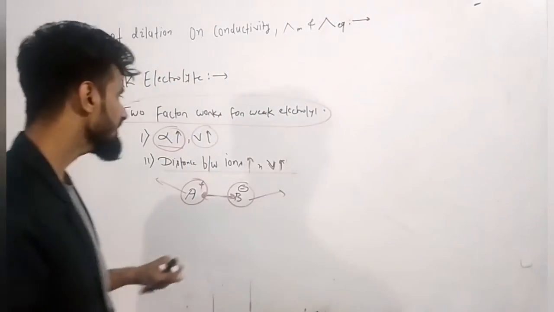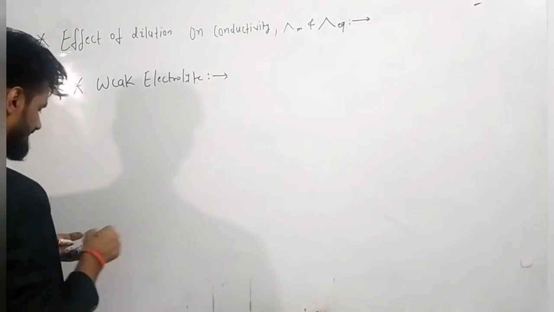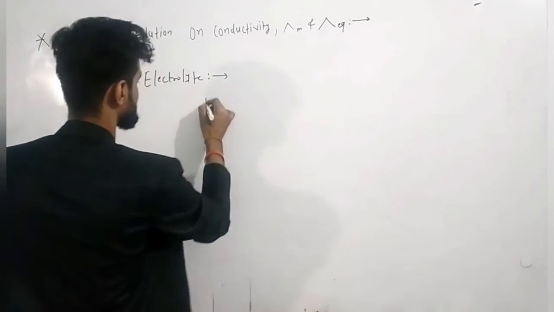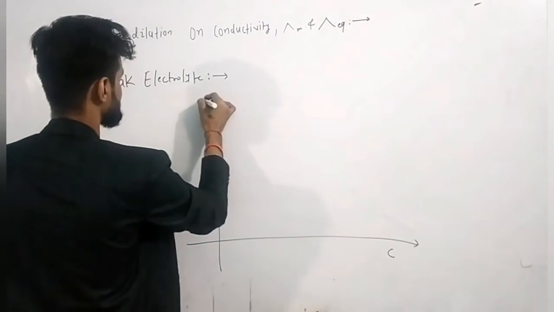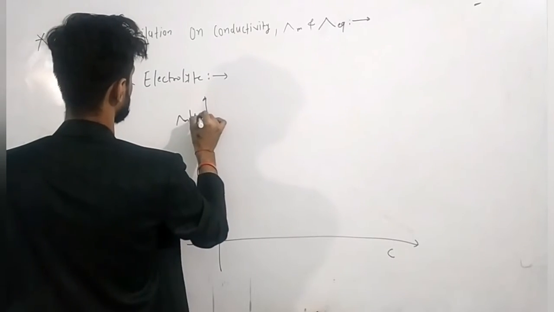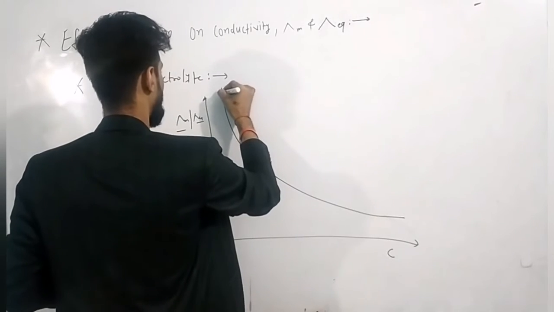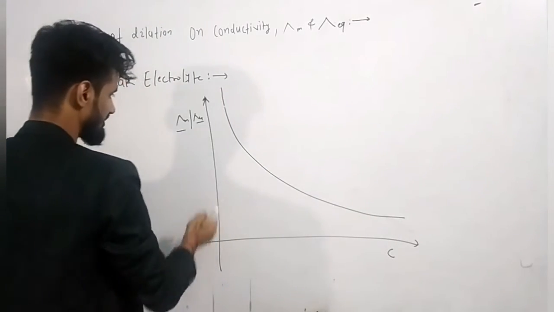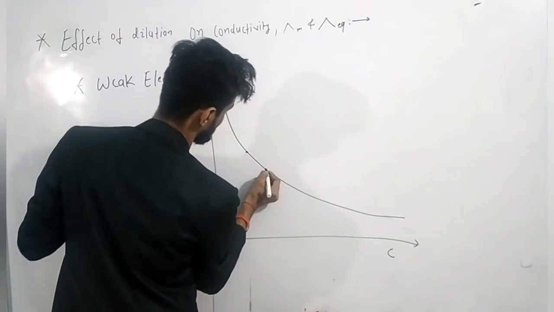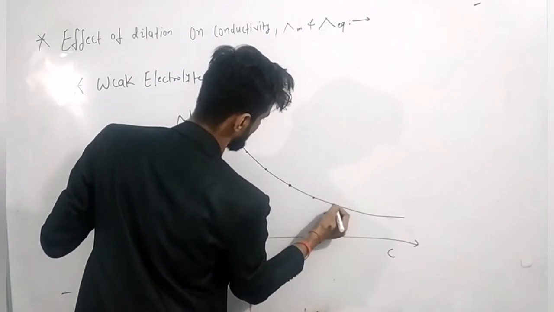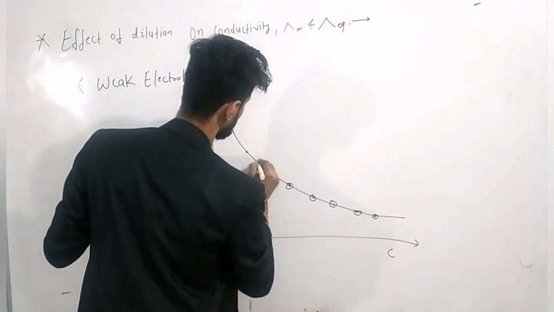Now how do we calculate these empirically? I am going to show you the graph. In case of strong electrolyte, we have seen a graph of a straight line. But in case of concentration versus kappa molar or kappa equivalent, the graph is a rectangular hyperbola, and it becomes asymptotic, parallel to the y-axis, and on the y-axis we have taken the value of kappa molar and kappa equivalent. So here it is not going to cut the y-axis.